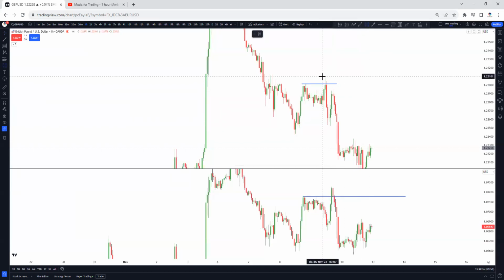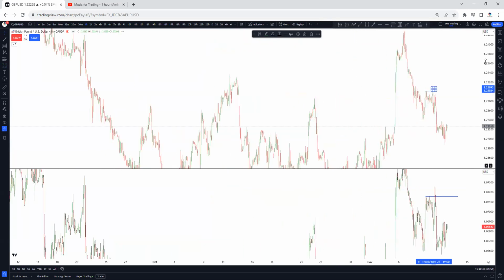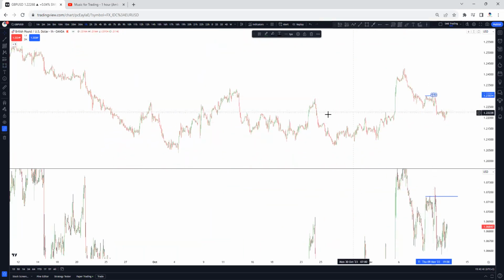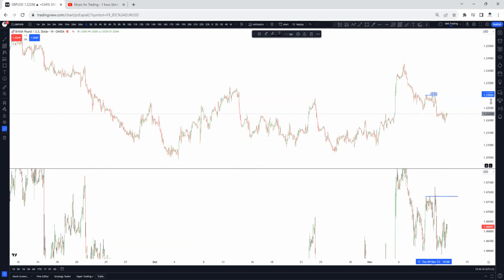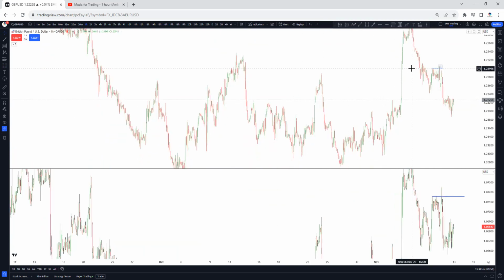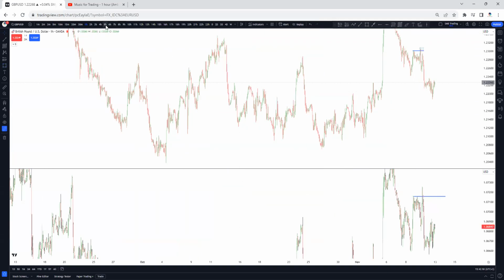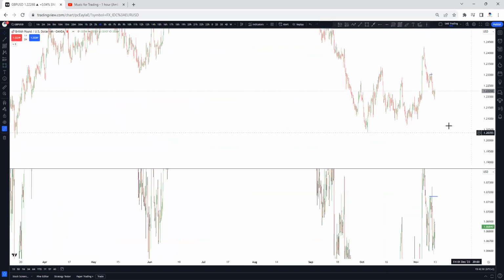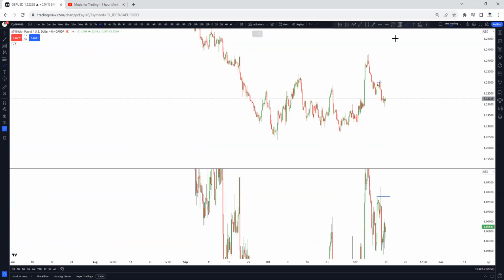So your eyes should go on this one. But remember, in all this that is happening, we haven't forgotten that the market structure is bullish. So when you are selling here, you are basically selling to, remember, put your